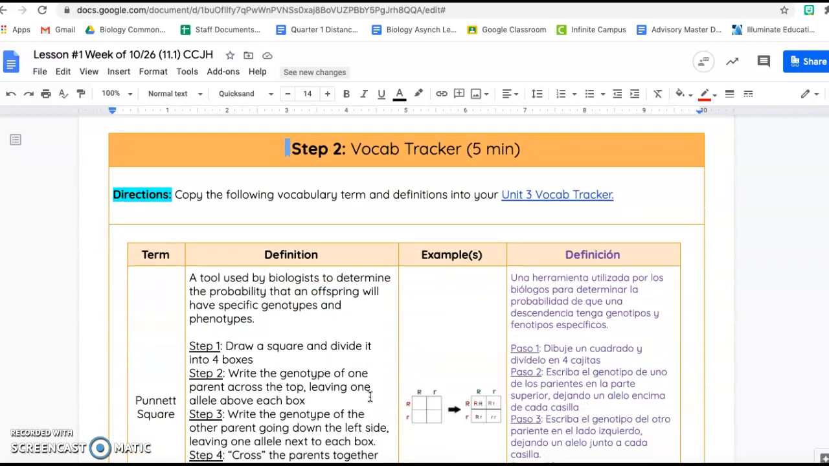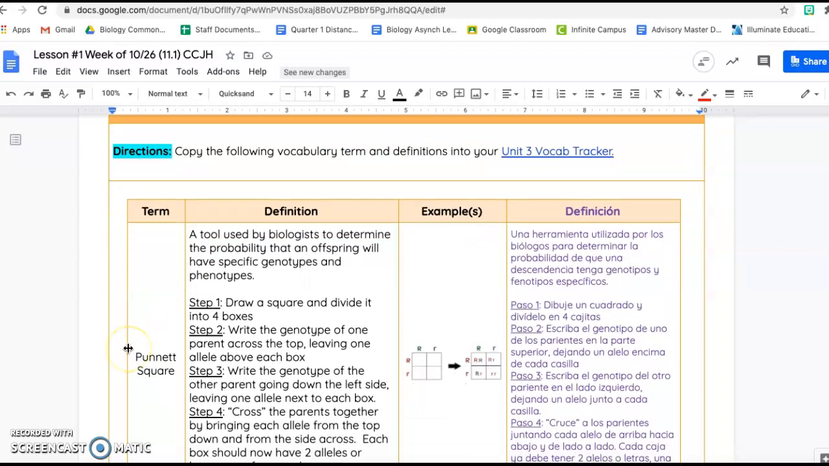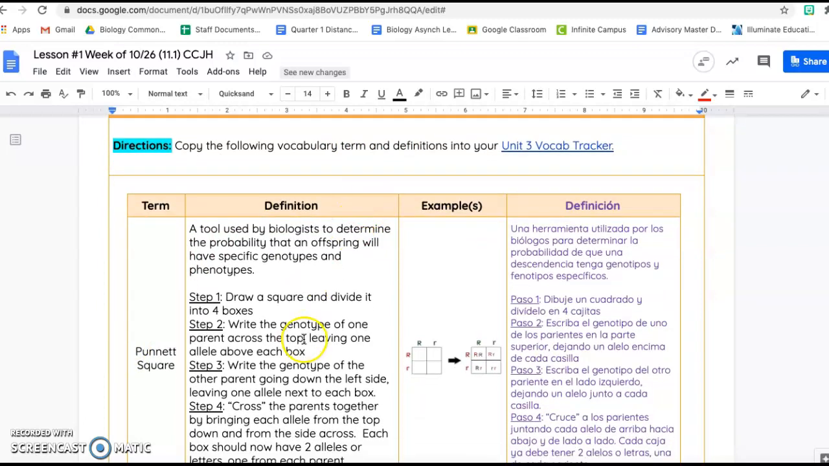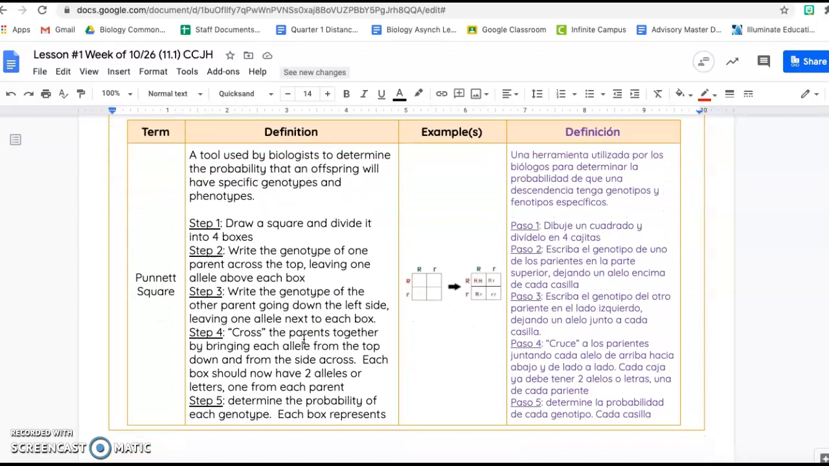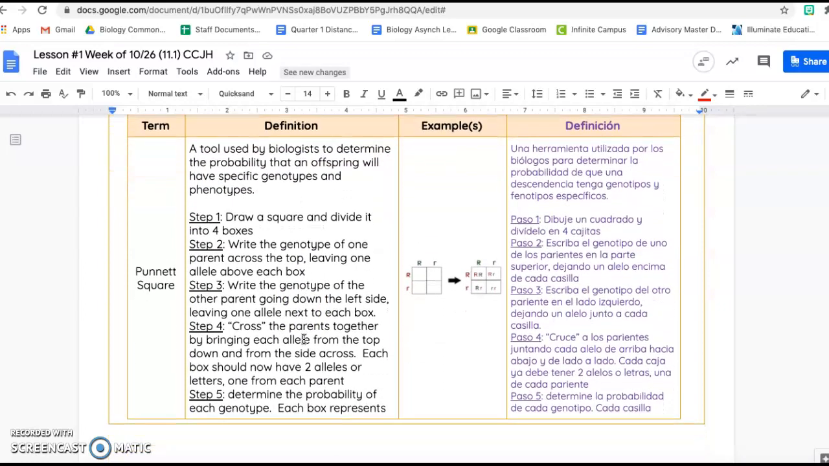For step 2, complete your vocab tracker. Go ahead and copy the following term and definition into your vocab tracker. This week's vocabulary word is Punnett Square. A Punnett Square is a tool used by biologists to determine the probability that an offspring will have a specific